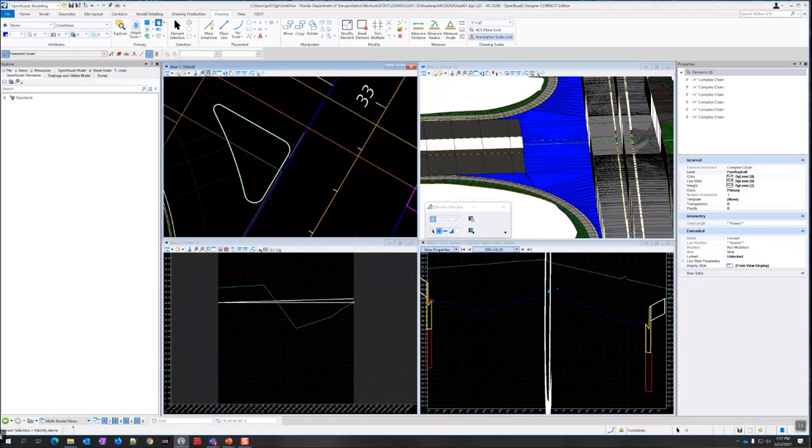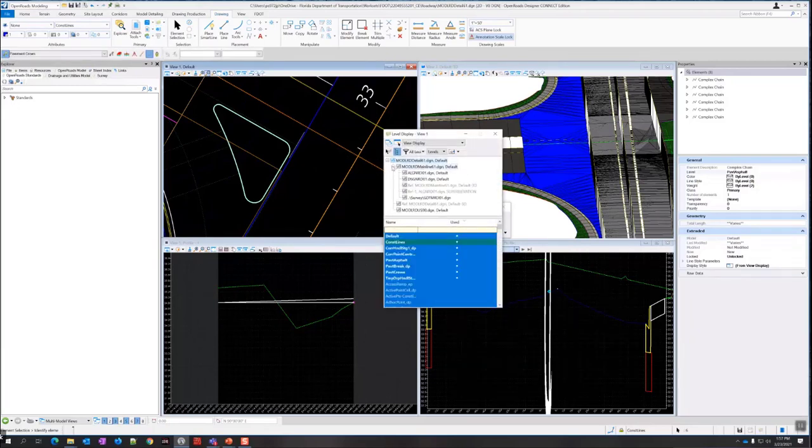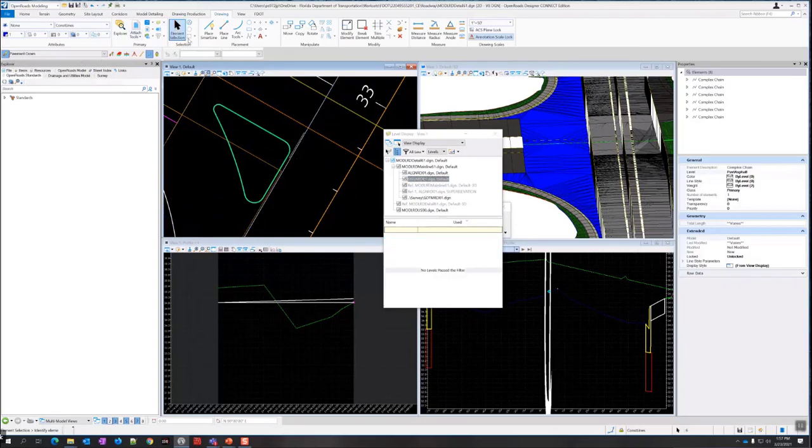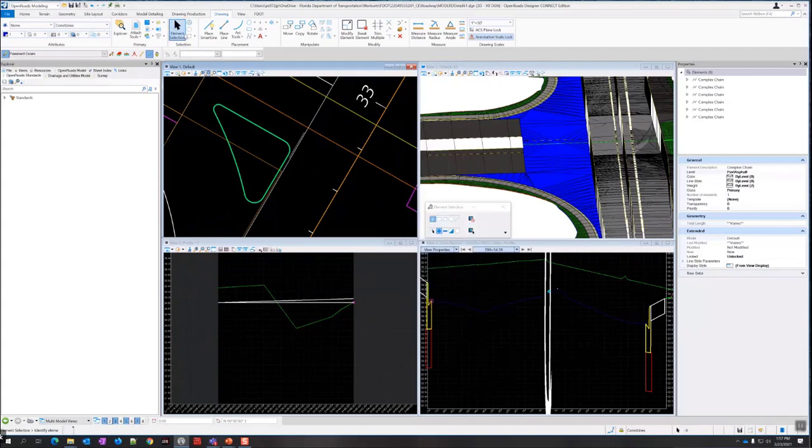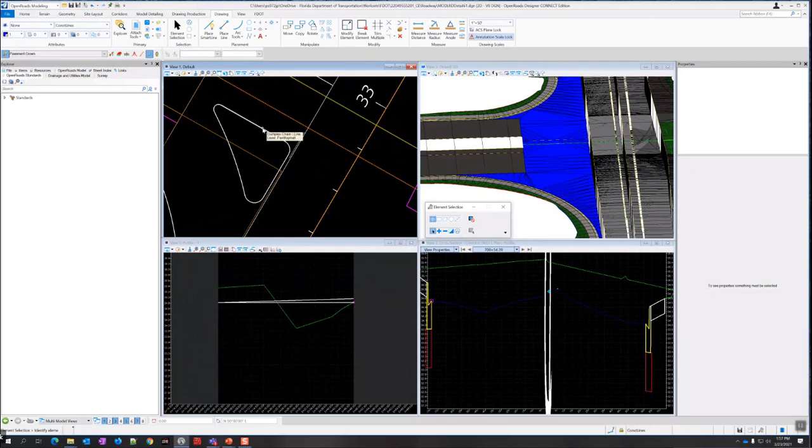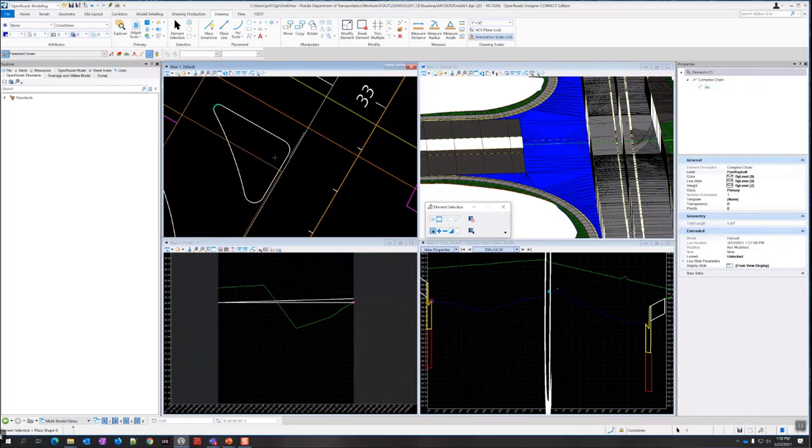All right, so if I turn off the display of my design file, I can verify that it came in. There it is. And it may have actually copied twice. I better make sure I don't have it in there twice. If I just try to delete one of those, yep, I got it in there twice, so it did copy the first time. I'm just going to delete the duplicates. And if I draw a box around one of these, I can make sure I only have one. Yep. So I think I cleared up the duplicates.